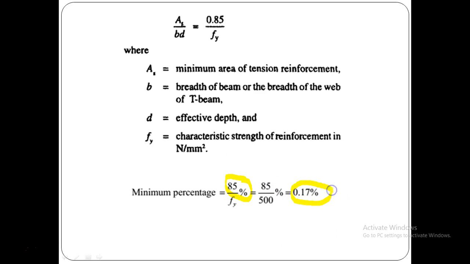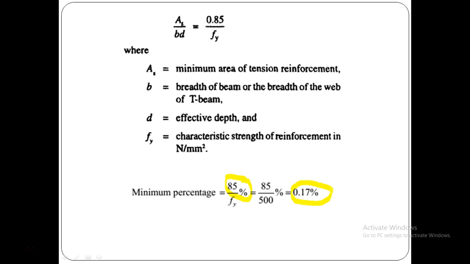Now since we want up to 2 decimal places, the solution should be that way. So finally, just by placing characteristic strength fy equals 500, we get the minimum percentage equals